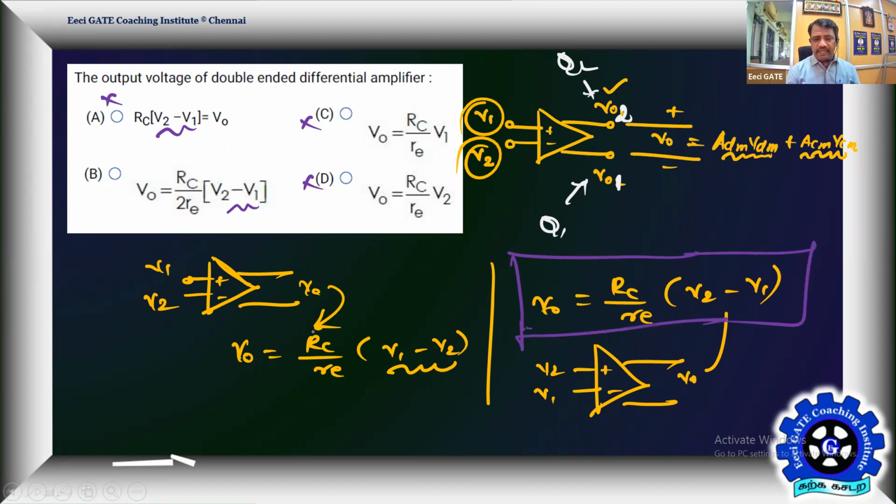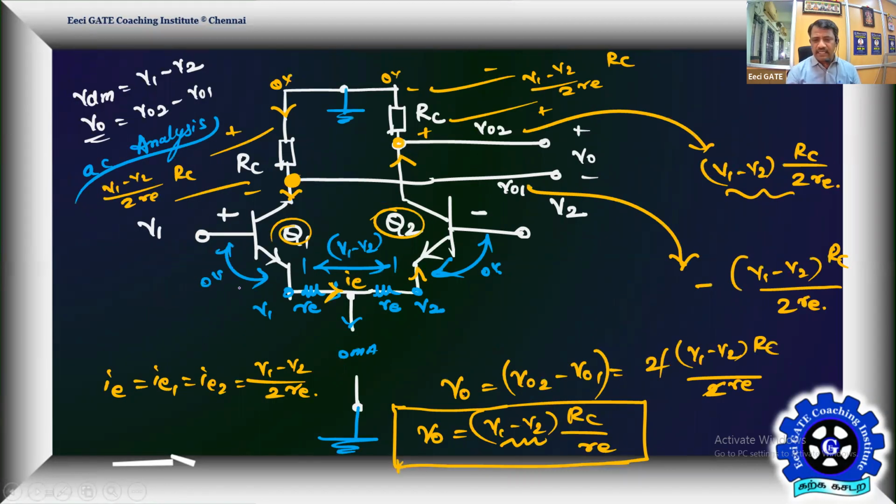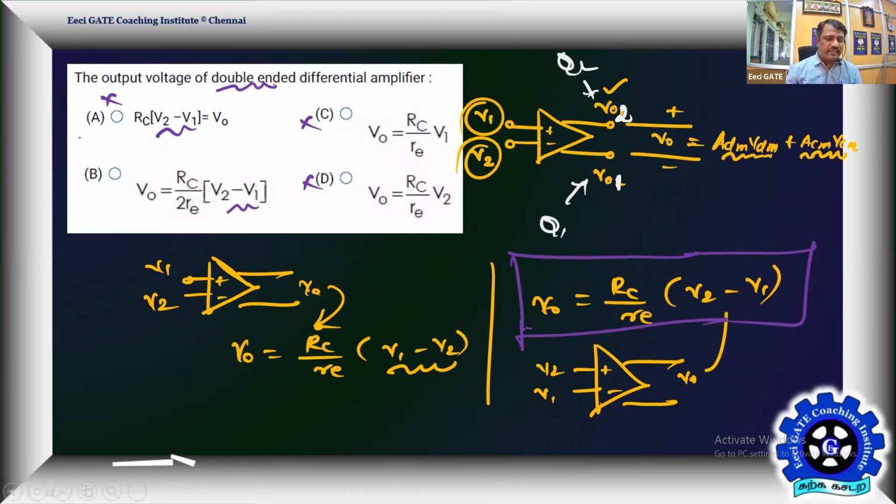So he has committed a mistake. He said dual output, but he went for single output. Only single output will have this expression, RC by 2RE. Yes, the problem has to be challenged, but no other answer is supporting this. So therefore, we should still go for the best possible answer. It should be option B, but he committed the mistake. The 2 won't come into play. It should not be there. It should be RC by small re into (V2 minus V1). He should not teach a wrong concept.